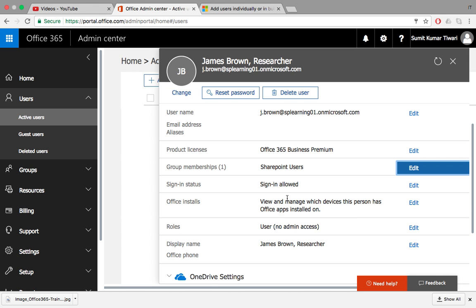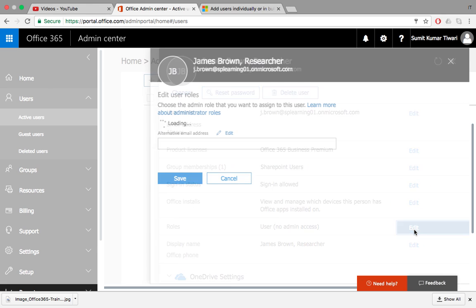So here are a few things which you can do. You can also specify a role to the user, whether this user is